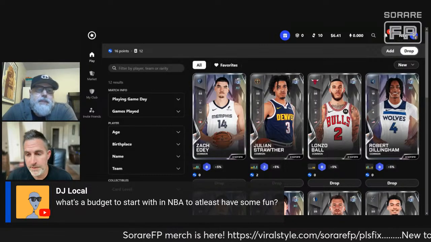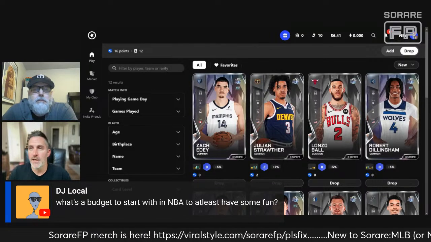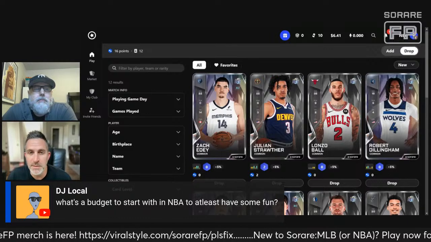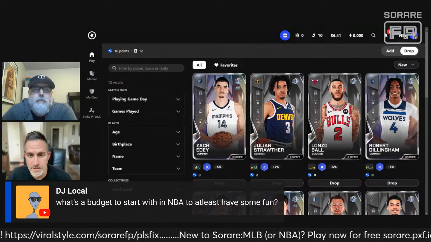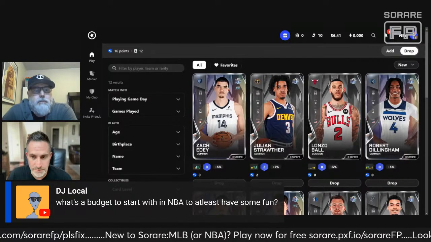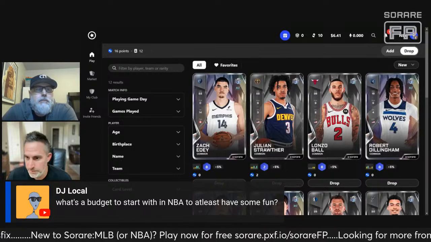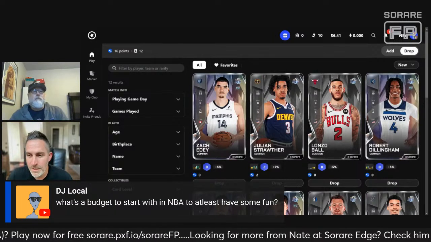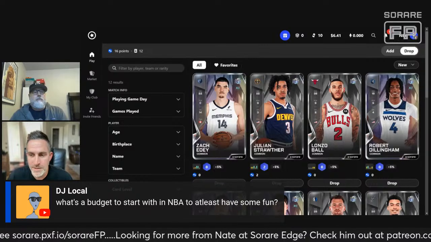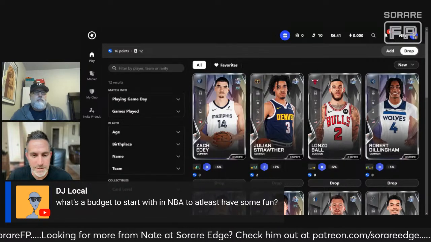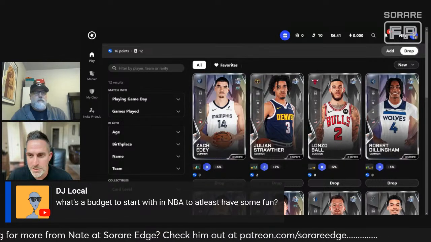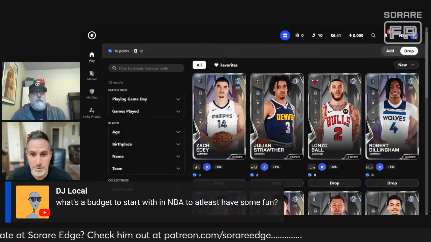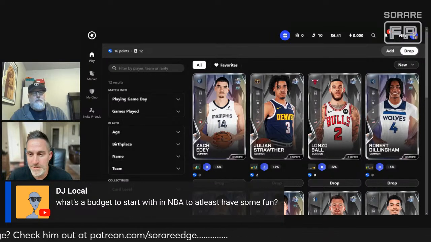Well, obviously it really helps to have a couple of the big marquee names like Jokic, Luka, obviously Wemby, or one of those guys. You don't really need them though. You can play Underdog without those guys and have a lot of fun with it. And that's basically a lot of what my sheet does, is identify the real value plays. So I would say if you had